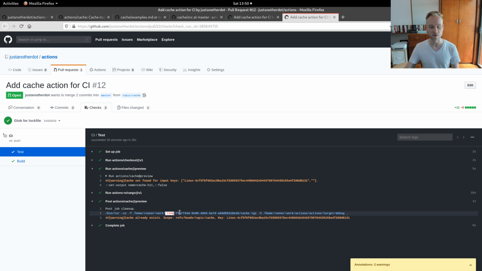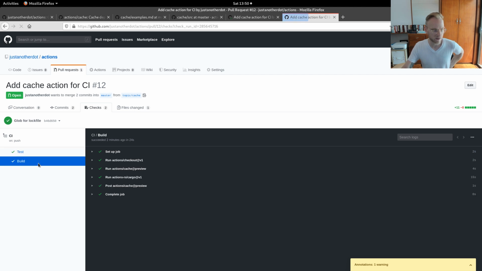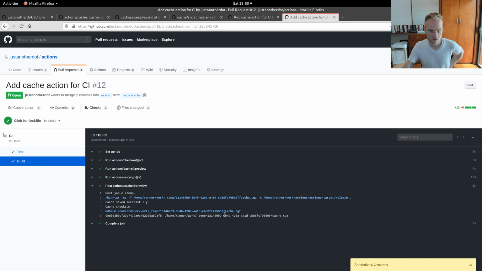Yeah, so this is a temporary directory with a UUID, and the file name is cache.tar.gz. Okay? And then it's saying home, runner, work, actions, actions, target, debug, dot. And so this is specifically what I want compressed, right? And I want all the other stuff too. I think dot is for the context of the sourcing or something. In any case, it doesn't matter. If this cache already exists with this key, interesting, then it won't upload. So let's go look here. Cache saved successfully. So for some reason on this test one,